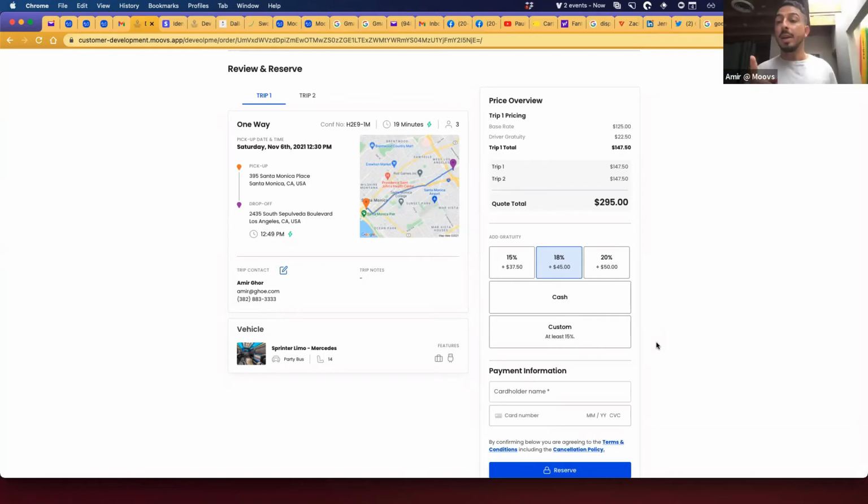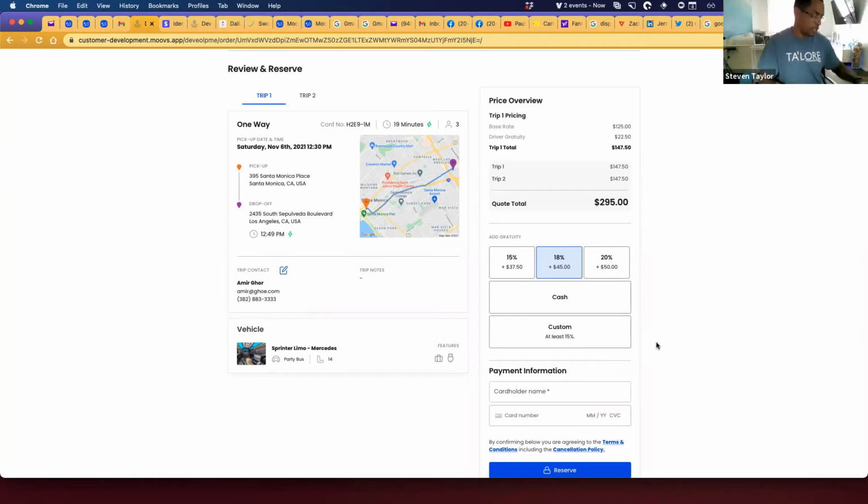So that's different. So, enable driver amount due. A lot of our companies who have party buses want their drivers on the driver app to see the amount due, because they collect cash. So leave that on. It's up to you, right? Some operators don't want their drivers to know the amount due on a trip. Some operators do, so that's why we made it a toggle. Again, your preference there.